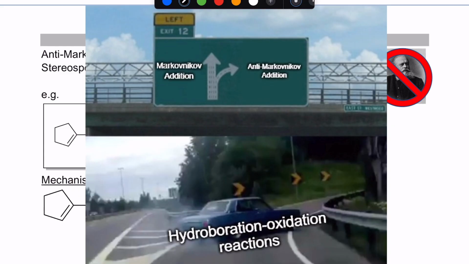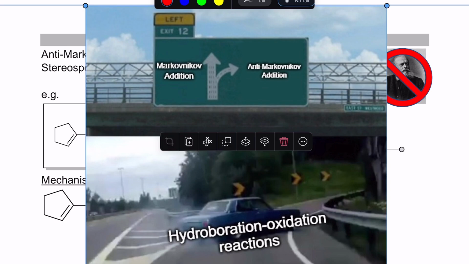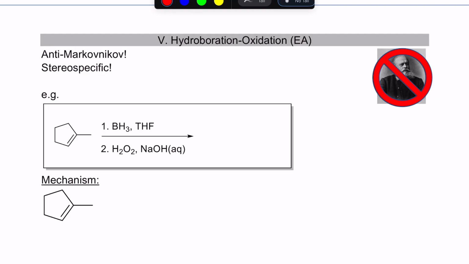So if you were getting used to electrophilic addition mechanisms and forming Markovnikov products, I'm sorry to throw in a curveball here, but we're going to be discussing the hydroboration followed by oxidation reaction today, which is going to be a little bit of a curveball. So the regiochemistry is going to be the opposite of Markovnikov, hence it's called anti-Markovnikov. It is still a specific reaction. It's really just simply an addition